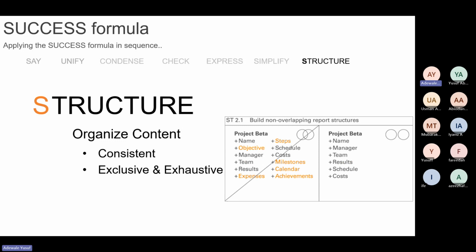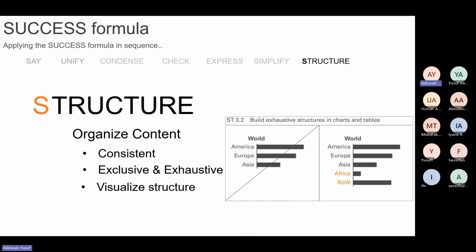You have to organize it, and there should be consistency, and it should be exclusive and exhaustive. So then you should visualize structure. Look at this: here I'm only showing 3 countries, though I have some other ones, so it makes sense to show them rather than minimize my results.